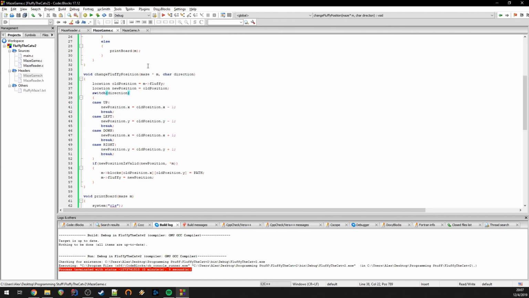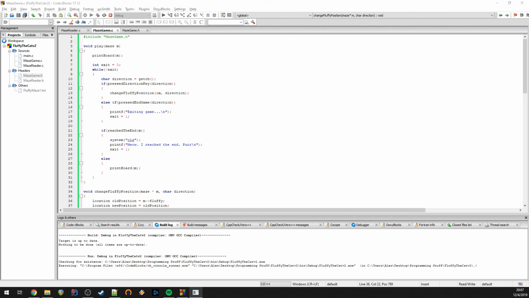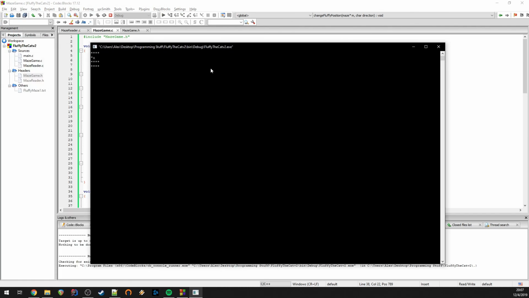As homework for you guys, maybe you could try implementing a jump feature to this game. I think this would be interesting. So let me give you an example. Assume that Fluffy can jump. That means that whenever you reach a wall which has nothing on the other side, so in this case here, and the direction in which you are heading is that way, then by pressing space, for example, Fluffy should jump from here to